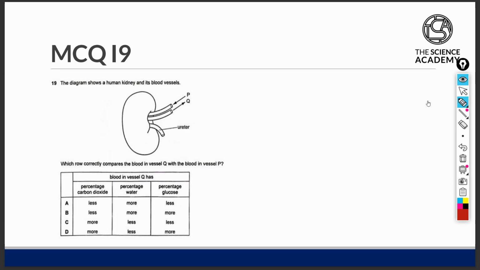Question 19. The diagram shows a human kidney and its blood vessels. Which row correctly compares the blood in vessel Q with the blood in vessel P? Vessel P is the blood vessel that is going towards the kidney, and we call this an artery, specifically the